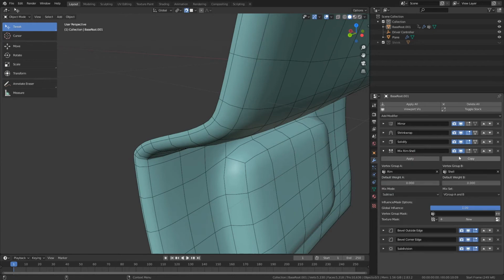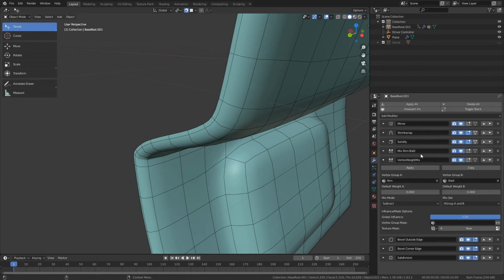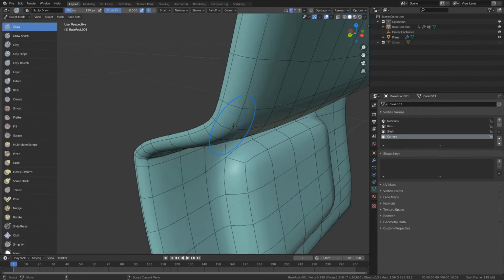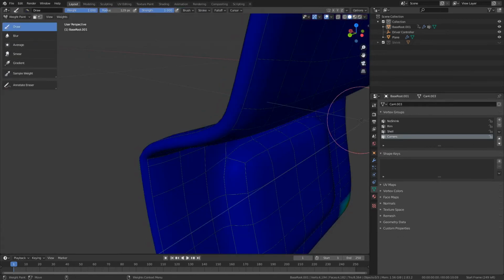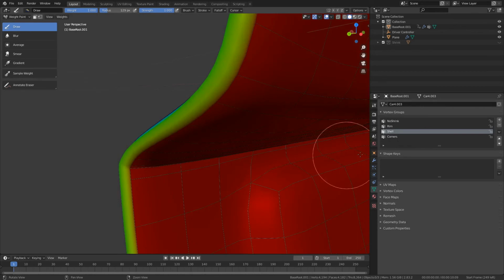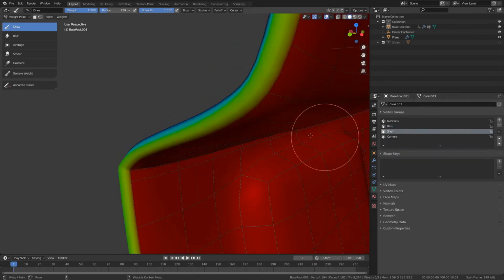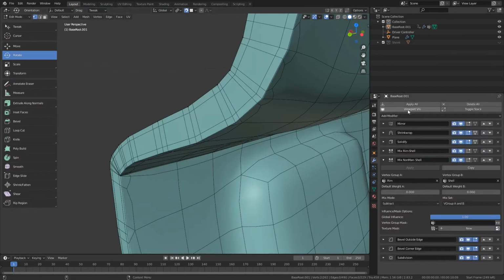And what I'm going to do is press this copy button, and it just duplicates the modifier. And I'm going to call this one mix non-map minus shell. It might not be shell, I can't remember. We'll have a look in a second. So that's what our shell looks like. That's what our rim looks like. Yeah. So what I'm going to do is I'm just going to hide all our